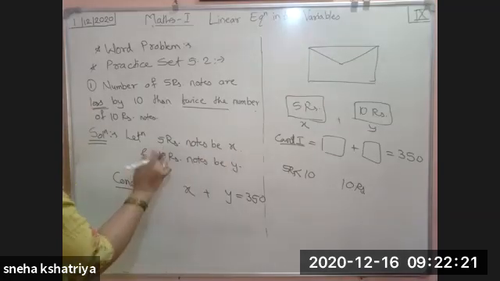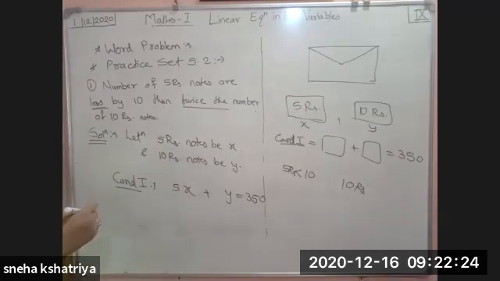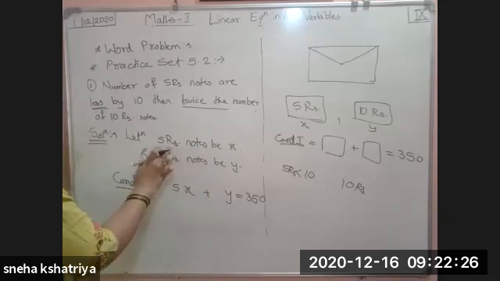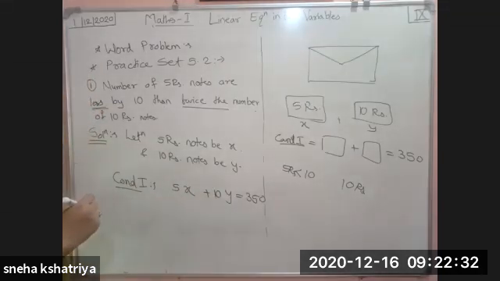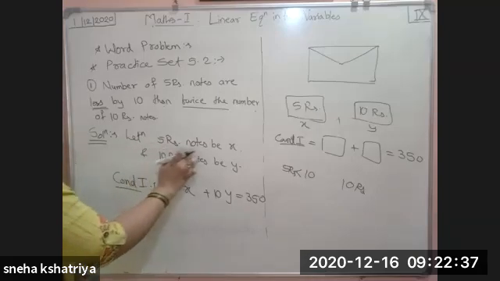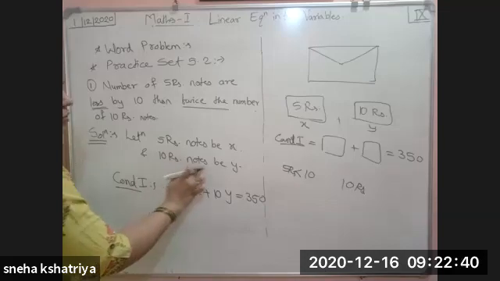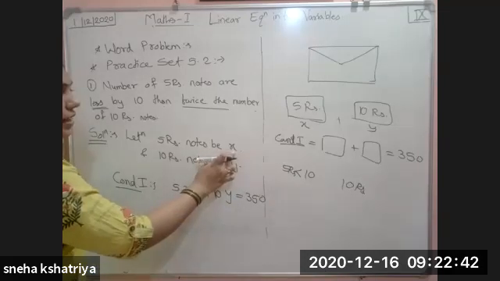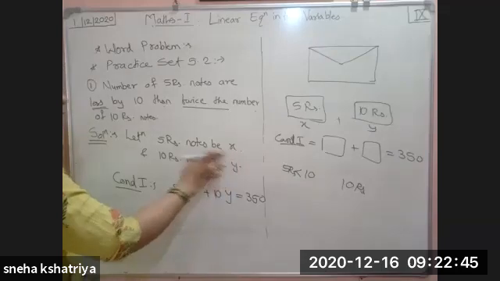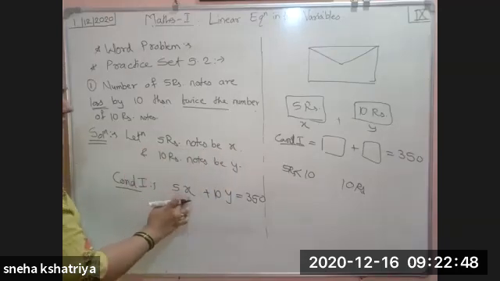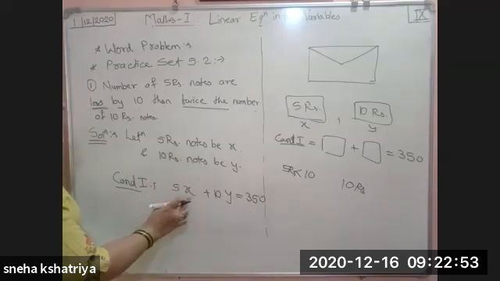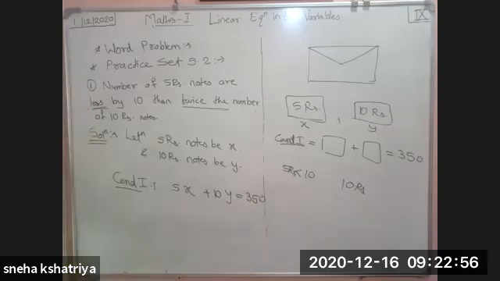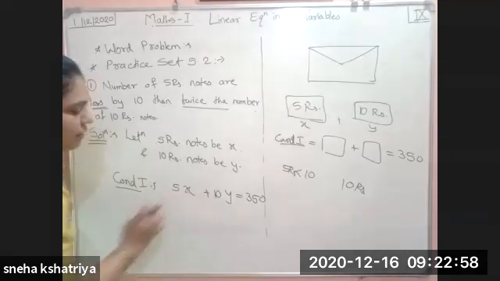But X rupees of Y, what? X is how many notes of 5 rupees and Y is how many number of 10 rupees notes. So those numbers you have to multiply by 5. How many notes are there? X number of notes are there, of what? 5 rupees. So 5x plus 10y is equal to 350. Okay. Their addition is how much? 350. Okay. Now, this is the first mathematical statement.